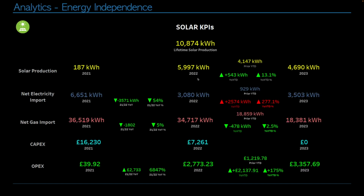Let's get on to the key metrics. Over the lifetime of my array, we have produced 10,874 kilowatt hours. In 2023 year to date, we have produced 4,690. This time last year, we had produced 4,147, which means we're up by 543 or 13%. And remember, we have 4 extra panels kind of facing south, so the majority of this additional production is down